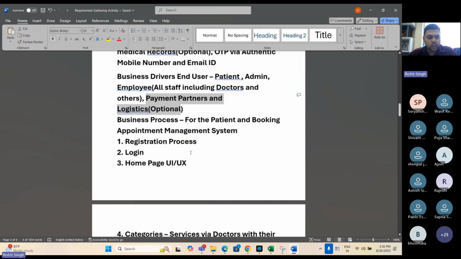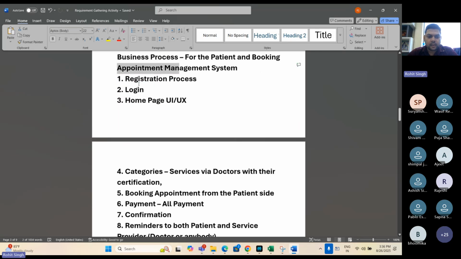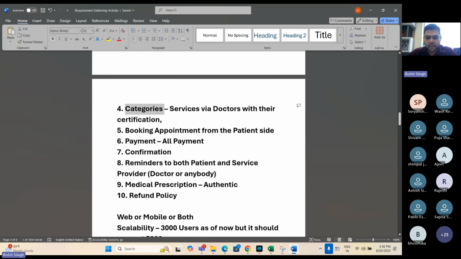Now, what would be the business process that I'm going to explain to the client? The business process for the appointment management system: registration, login, homepage, which is UI UX. Categories of services via doctors with their certifications. Because when you are booking an appointment, let's say I have some bone issue, so of course I have to go to an orthopedic.